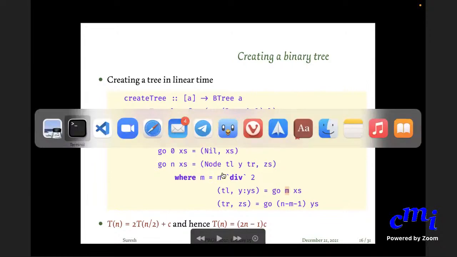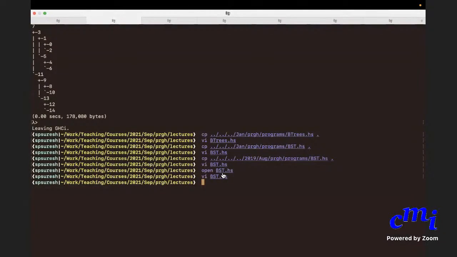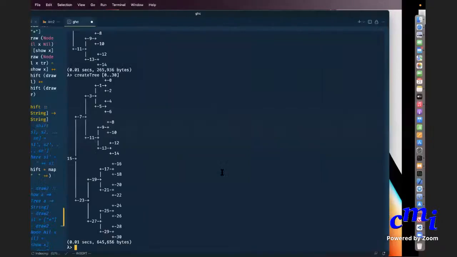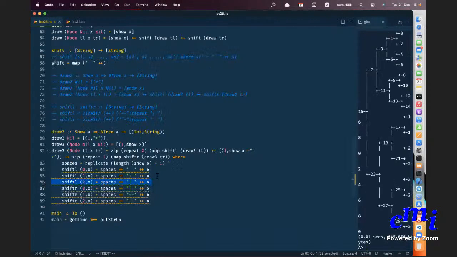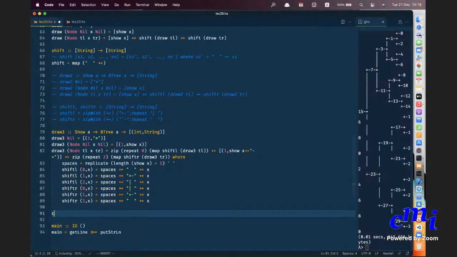But meanwhile, let me just finish this thing by writing that code here. Let me create tree 2, let me call it.